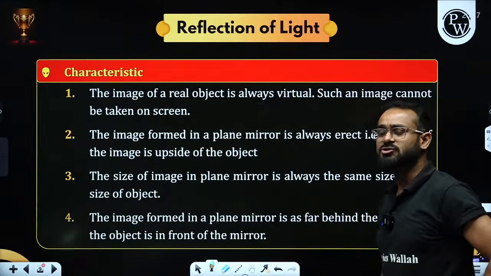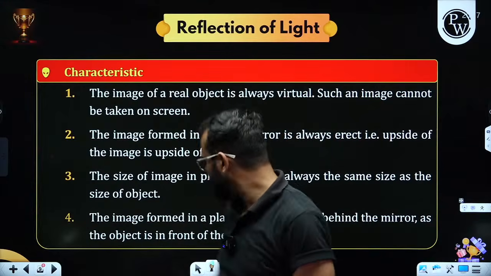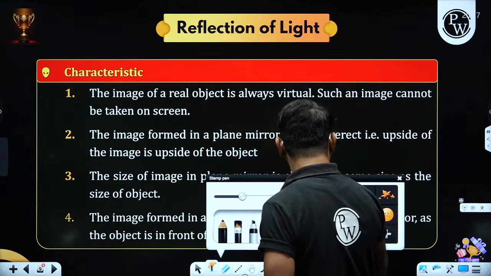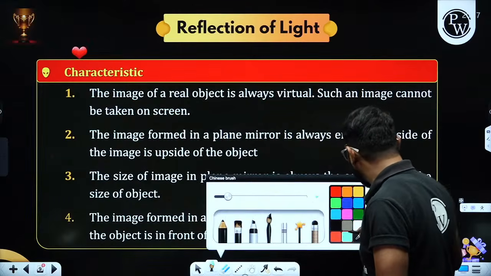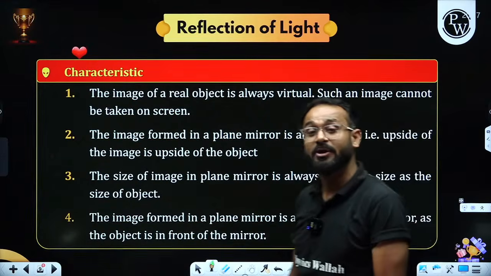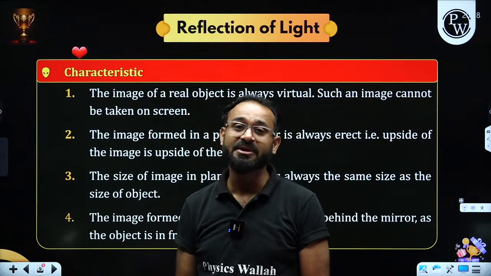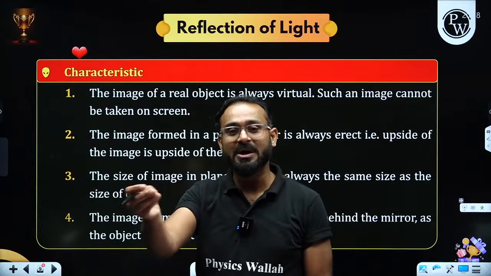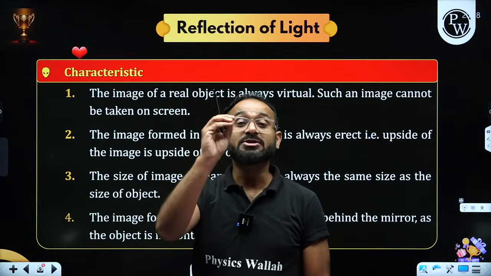Now the characteristics of the images formed by the plane mirror. That is one of the important questions. Mark this as important. Why, sir? Because this question is asked again and again, directly and indirectly, by the board examiners. They may ask it in fill in the blanks or maybe MCQs. So this question is important.